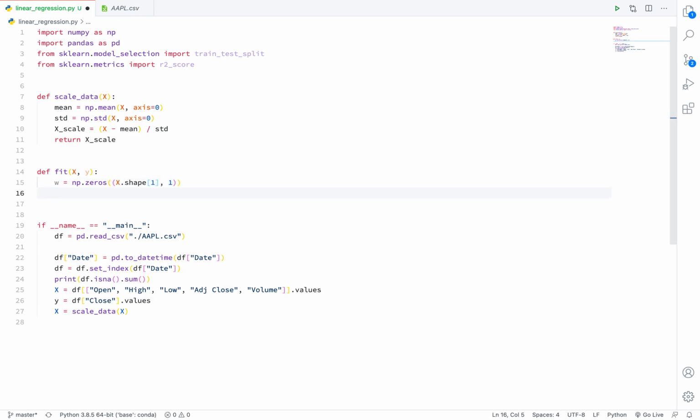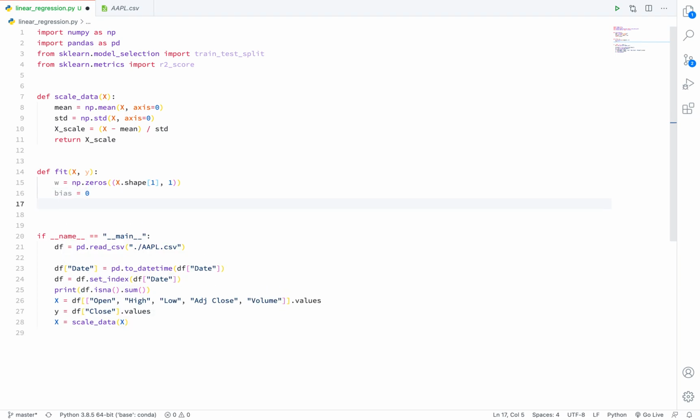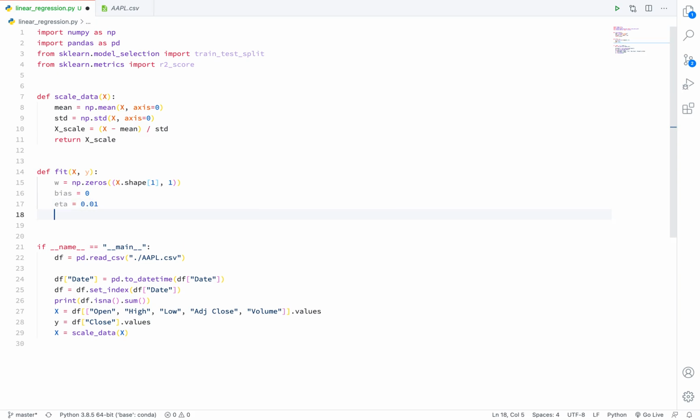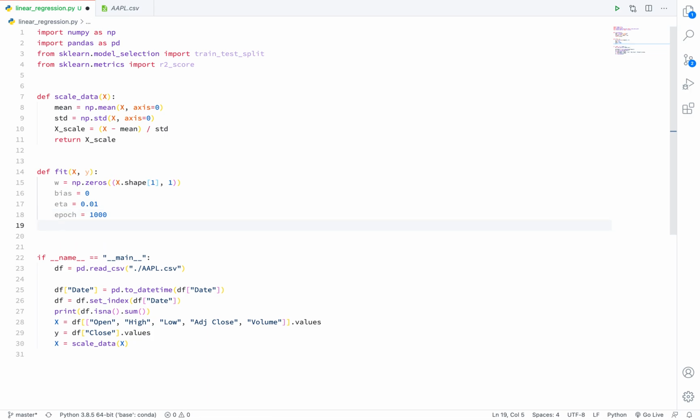So here weight is initialized. Bias, we will initialize with 0. Eta is nothing but the learning rate, 0.01. Epoch 1000. Epoch is nothing but the iteration over the entire data set.